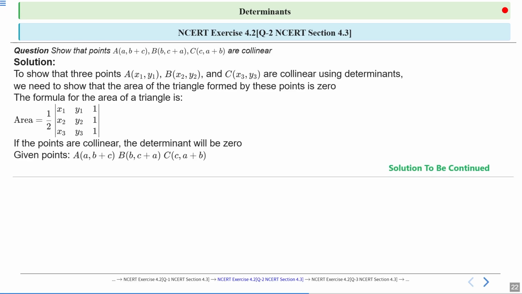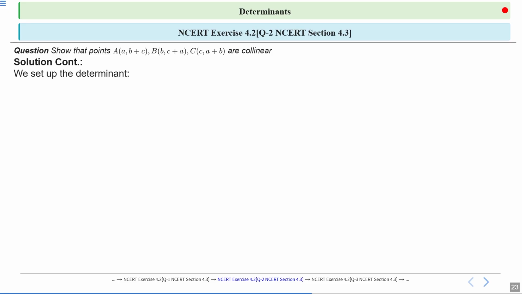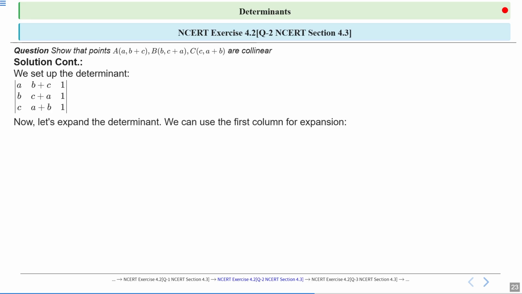So the area becomes, first point A, then B plus C, x1 y1 1, x2 y2 1, x3 y3 1. Just plug the values from the points. Now we calculate the determinant of this 3 cross 3 matrix. We can use the first column for expansion. So we expand along column 1. So the first element is A, then just